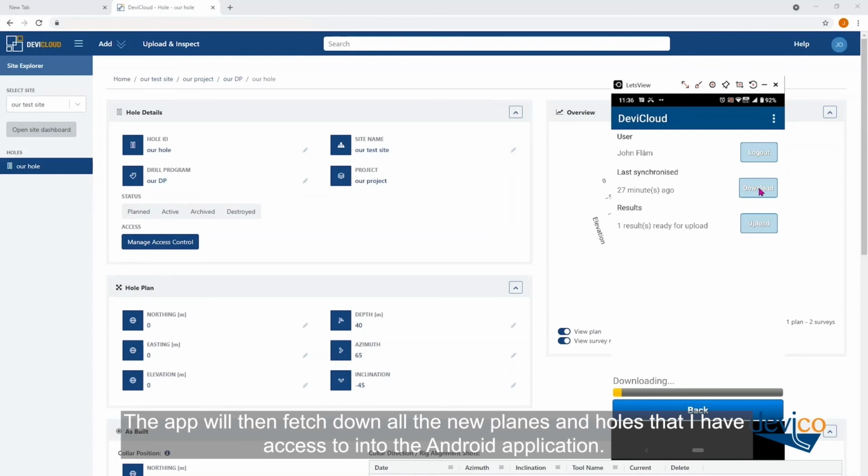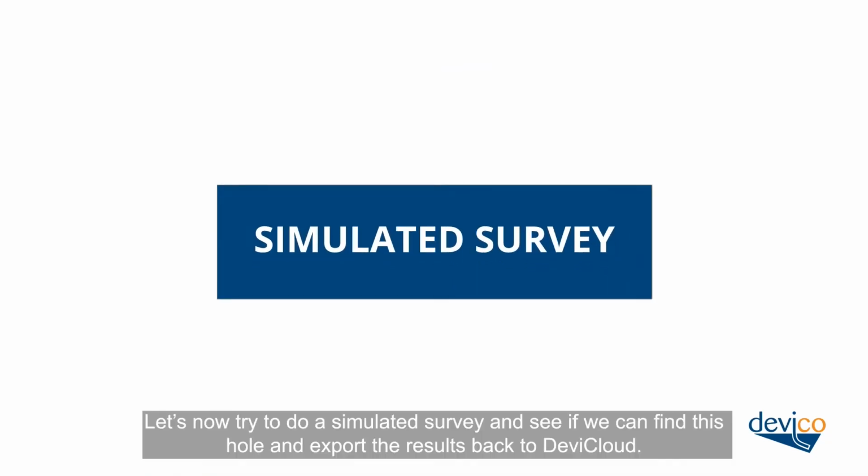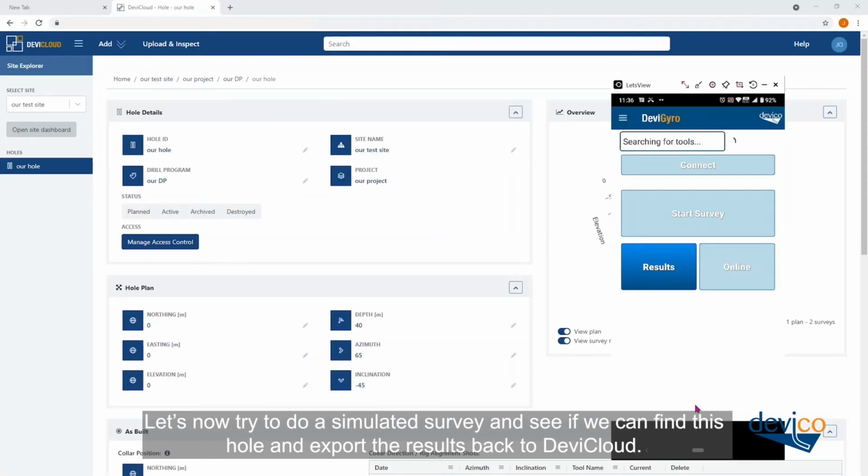And now I'm actually fetching down all the new plans, the new holes that I have access to into the Android application. So now it tells me that the whole data has been updated, and I can simply press the back button. Let's now try to do a simulated survey and see if we can find this hole and export the result